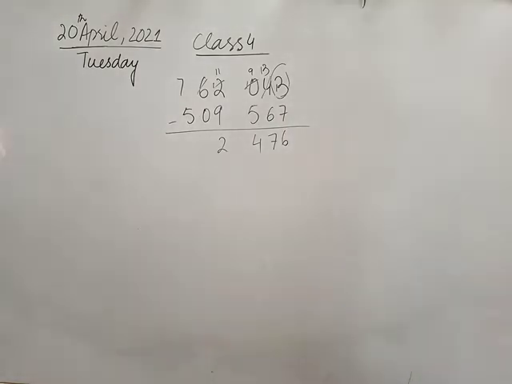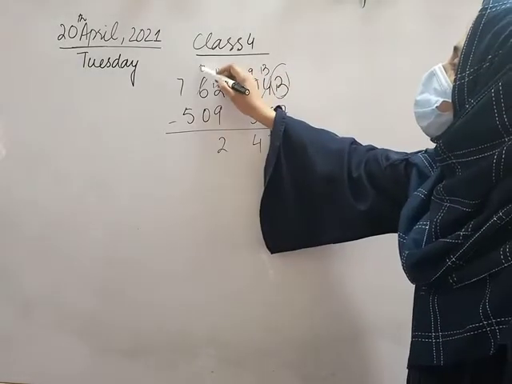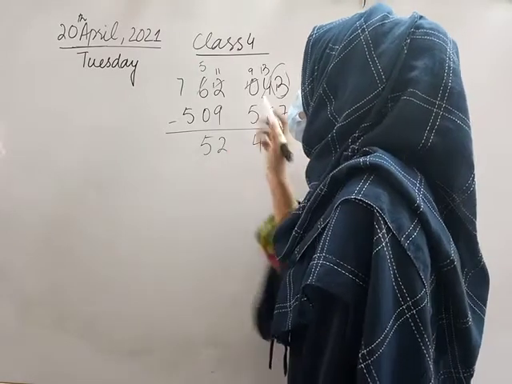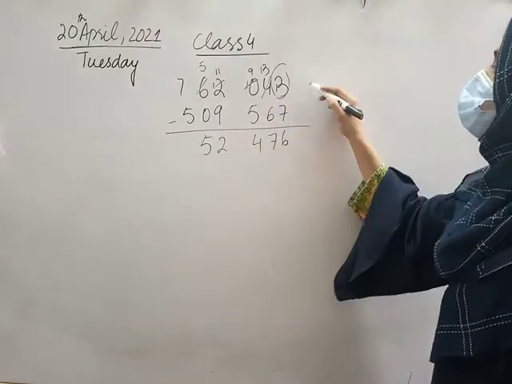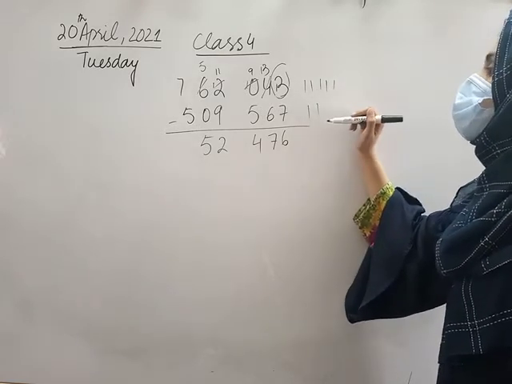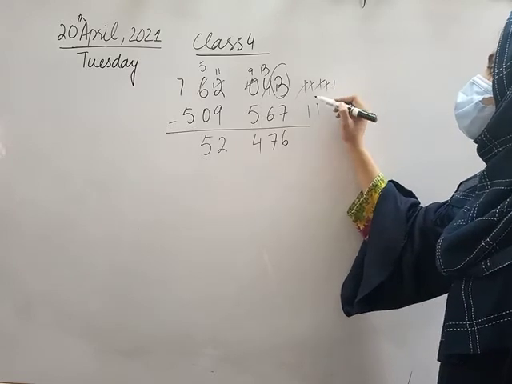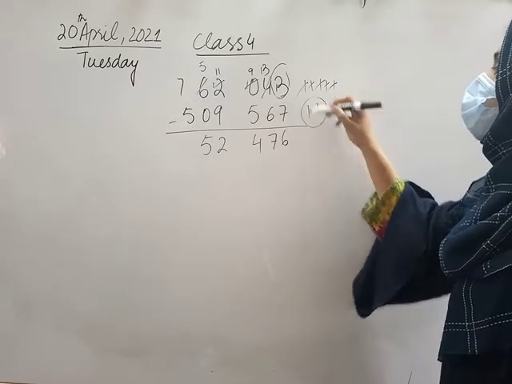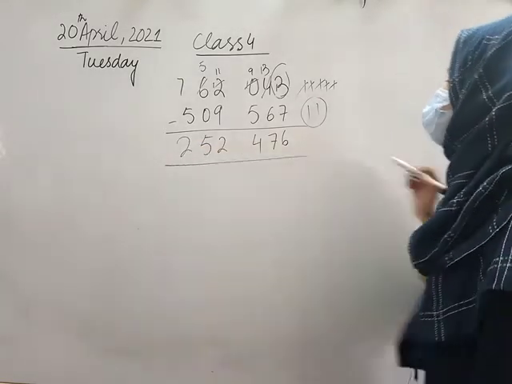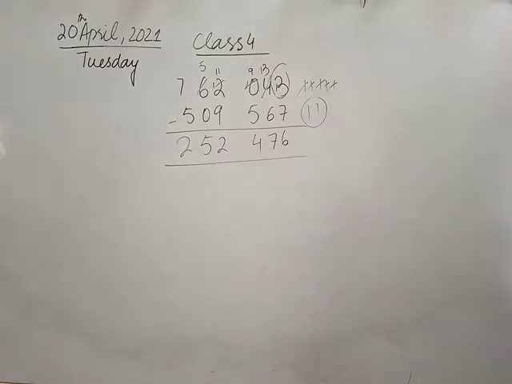Now next number which is, अब यहाँ पे क्या था मेरे पास, जब मैंने 6 में से कैरी दिया था नेक्स्ट नंबर को, then I have left 5. Okay, so 5 minus 0 is 5. Next number which is 7 minus 5. 1 2 3 4 5 6 7. 7 minus 5. 1 2 3 4 5. 5 मैंने subtract कर दिया, so how many are left? Very good, 2. 252 476.